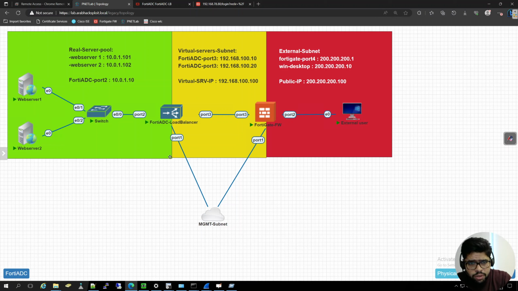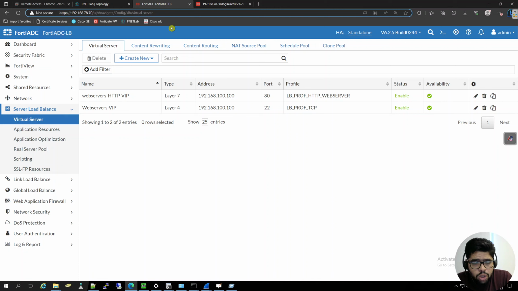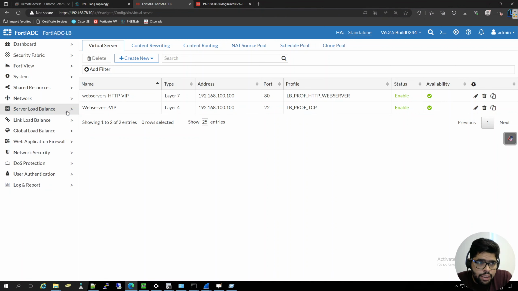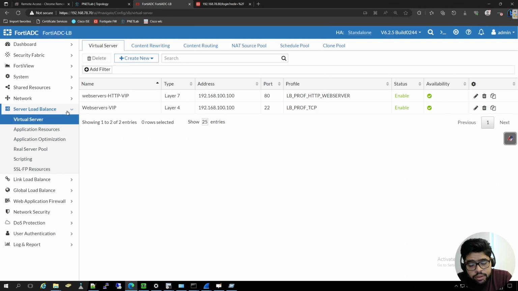So without further ado, instead of communicating with HTTP on this web server, let's make it HTTPS. First of all, we'll need to log in to our FortiADC in order to create a certificate